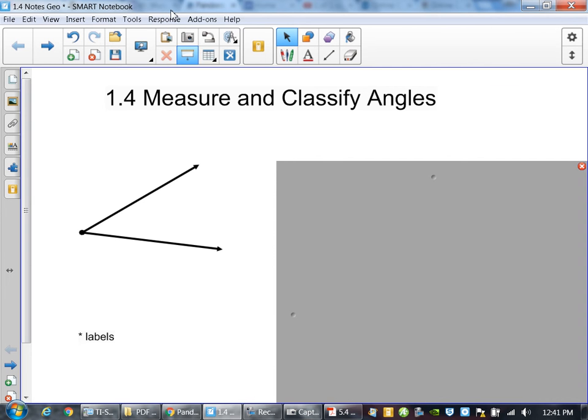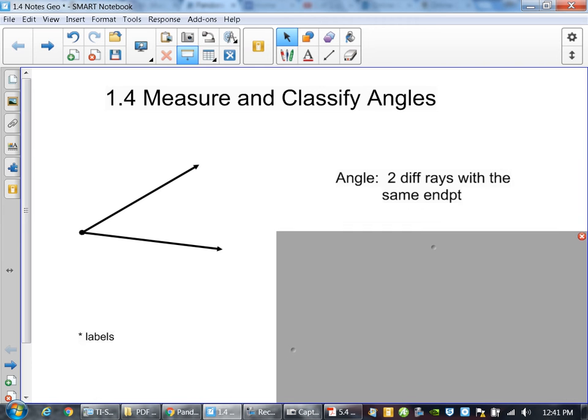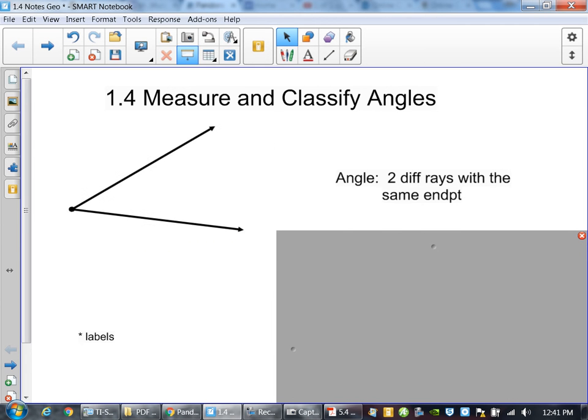So, angles. Angles are just two rays with the same endpoint. That's all they are. Angles are made up of two rays with the same exact endpoint. So when you have a ray,